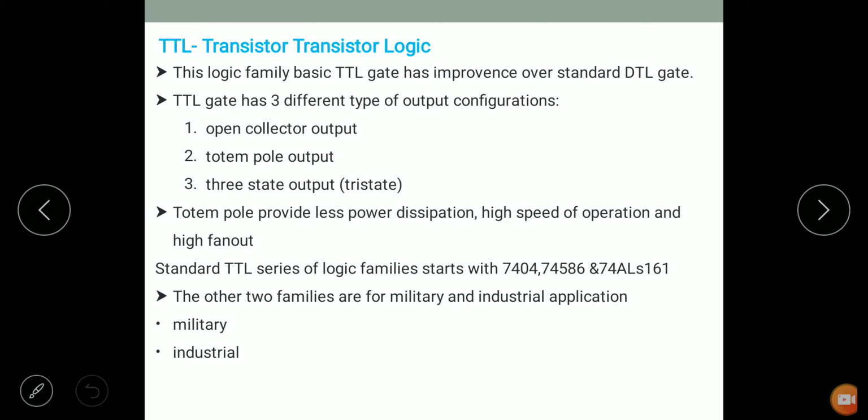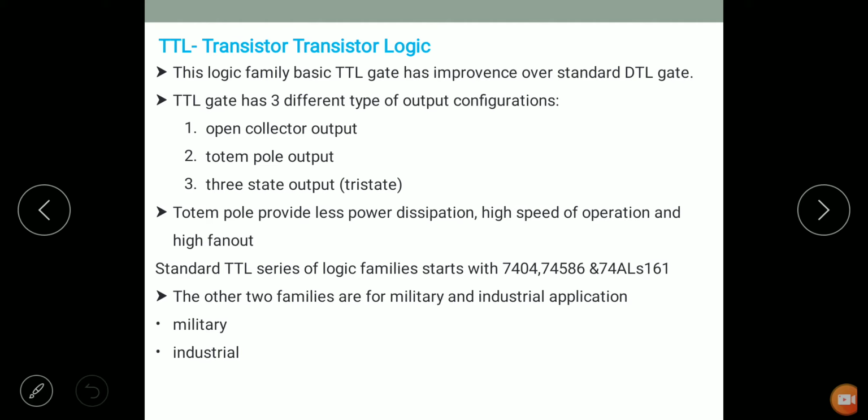Then classification based on the circuit complexity. ICs are also classified according to the number of components or gates, in the case of digital ICs, integrated on the same chip. Small scale integration consists of below 10 components. Then medium scale integration consists of below 100 components, but greater than 10 components. Then large scale integration is greater than 100 components.